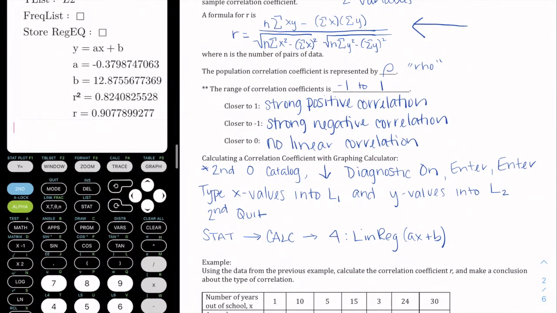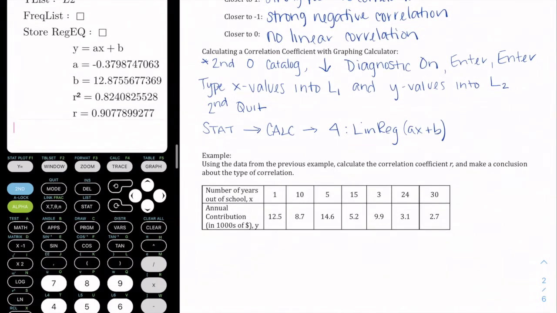And notice it should give you R equals now. So this is the data we use here. This R equals 0.908. Okay, we're going to round to 3 decimal places. Make sure on your homework you're reading whatever it says underneath the problems to see what form or what rounding it wants you to do. Okay, so if our correlation coefficient is 0.908, we can conclude we have a strong positive correlation